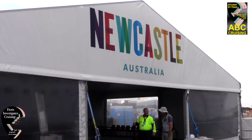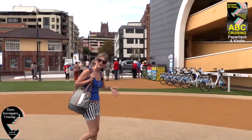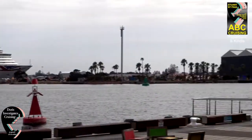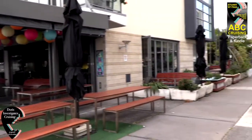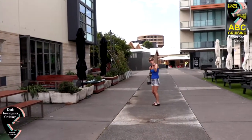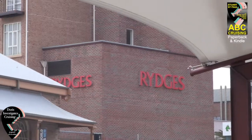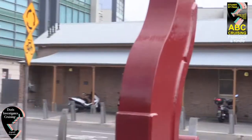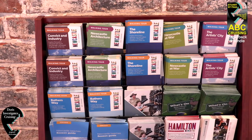The shuttle bus will drop you off at Queen's Wharf, but the information office is 500 metres that way. So we're going to wander down. It's right by the museum. If you turn left, just past Ridges Hotel, and walk along, there's the information centre, and also there's an ATM. Ridges Hotel, behind me, is the museum, next to the museum is the information centre, and they have packaged